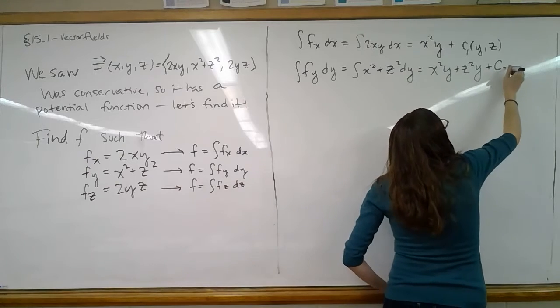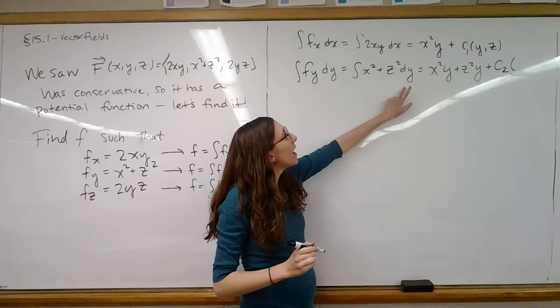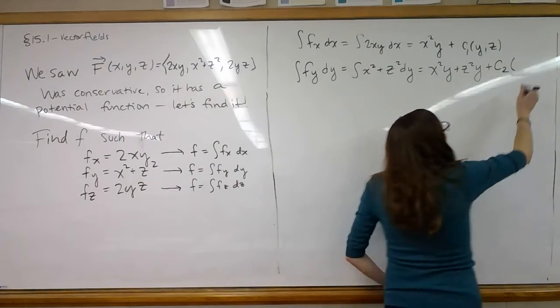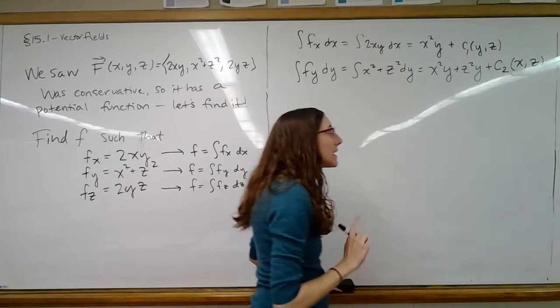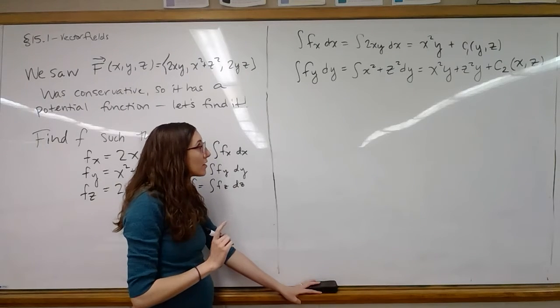This one now is a constant 2 function. We did it with respect to y, so this constant will be x and z,